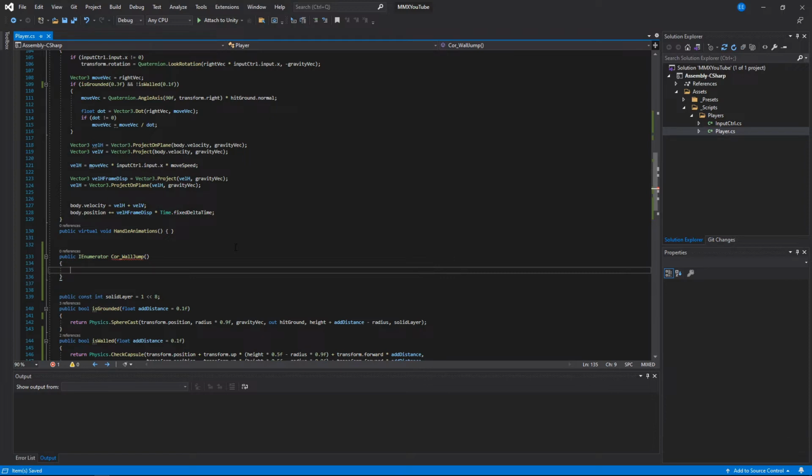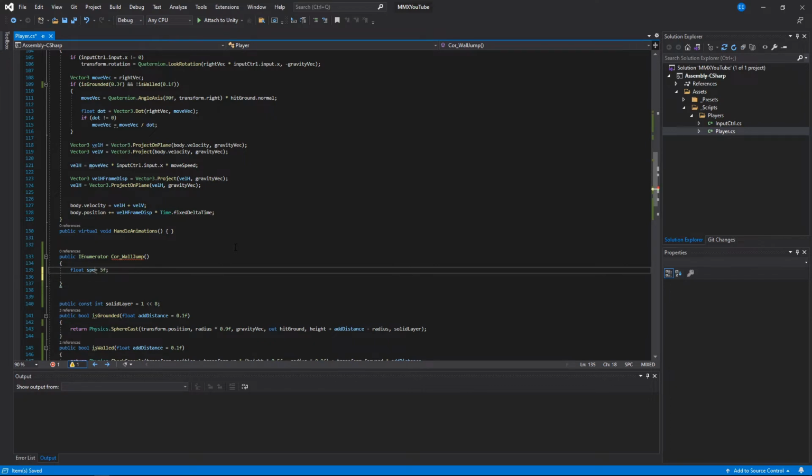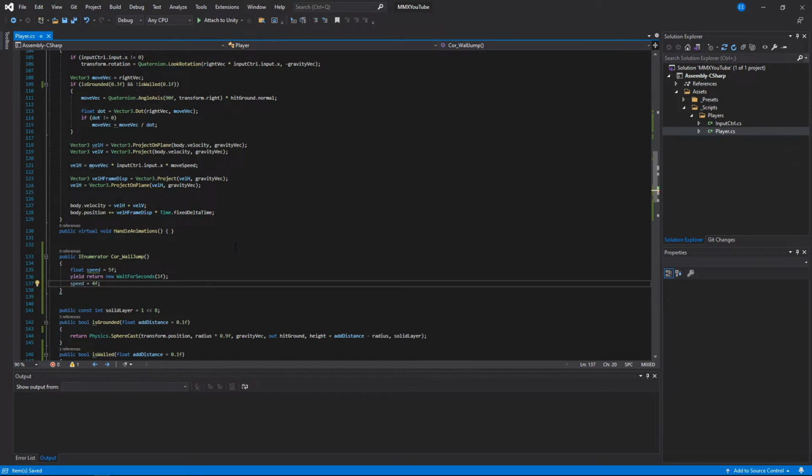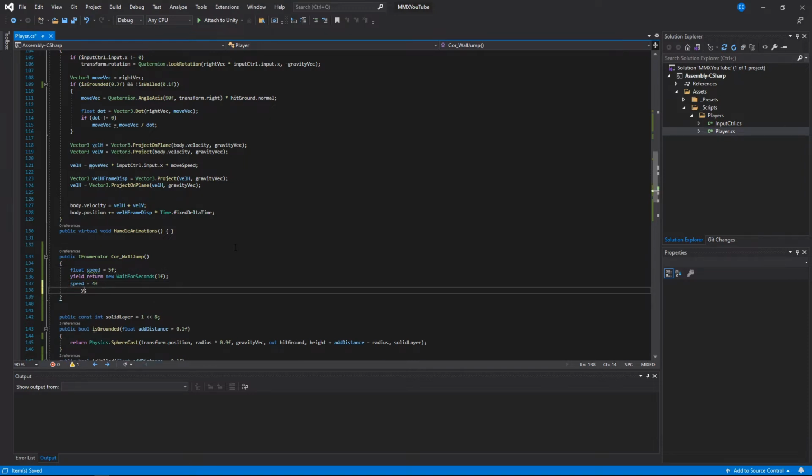And so what the coroutine does is it lets you run a method over a set period of time or a variable amount of time. But you can run a script over a lot of frames. So let's say float time is equal to 5f, float speed is equal to 5f, then yield return new WaitForSeconds 1f, speed is equal to 4f. What this is going to do is set a variable speed to 5, wait for a second, and then change it to 4. And after that, yield return null